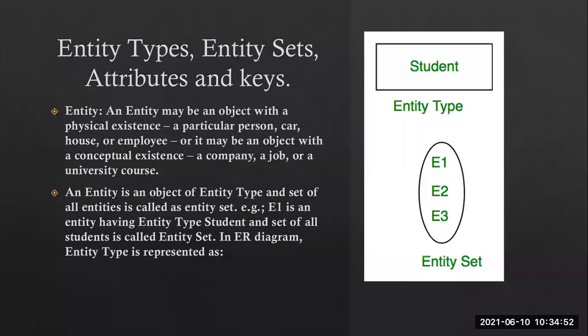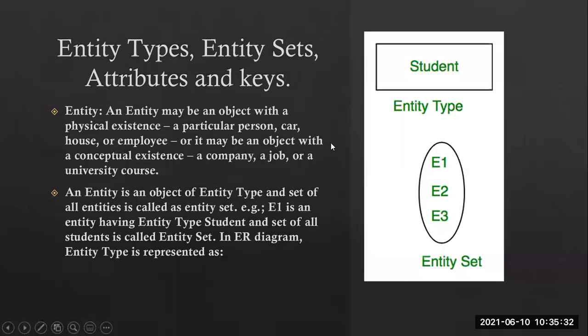Whichever object is in the table, say I always take the record of Sai Prakash. So Sai Prakash's roll number will become 401, Sai Prakash, 20, Belgaum. So this complete 401 Sai Prakash 20 Belgaum is one particular entity here. Then in the example you can see E1. See, this is the complete table, which is called student. It is represented as the entity type. Student is one table, and inside this we are going to have roll number, name. Only the table name, wherever you write it in a rectangle, that is the entity type.